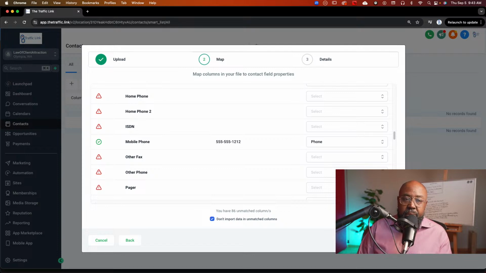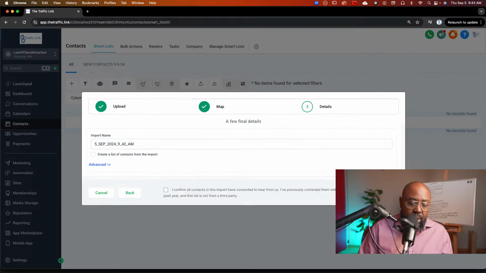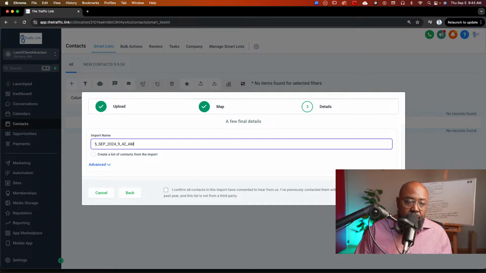So I have engagement scores based on interactions with social media. I have engagement scores based on interactions with SMS, and engagement scores based on interactions with email. And if people showed up for an appointment, that is a certain engagement score. If they didn't show up for certain appointments, that is another engagement score.